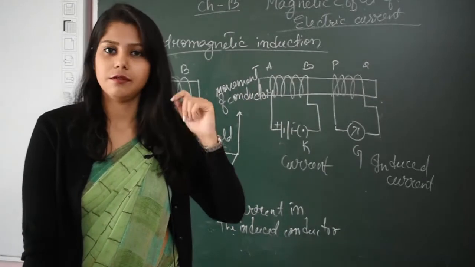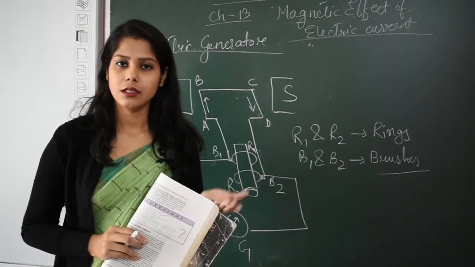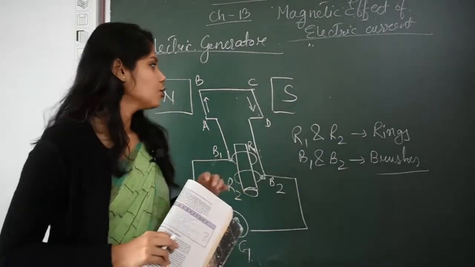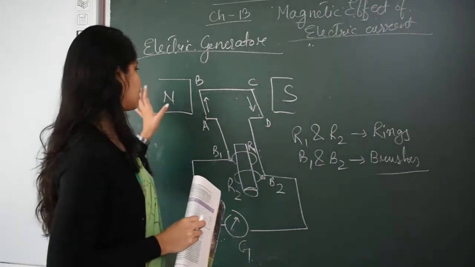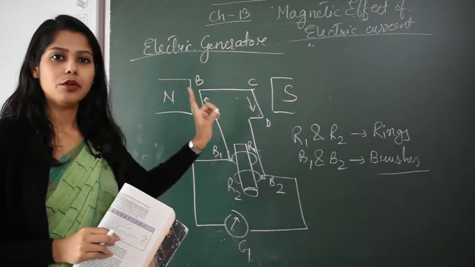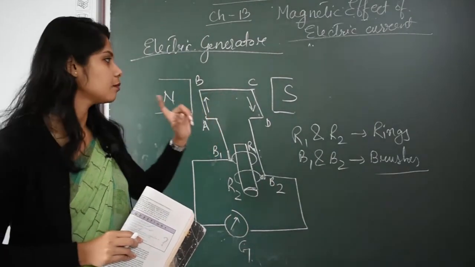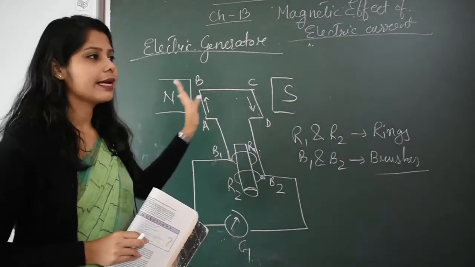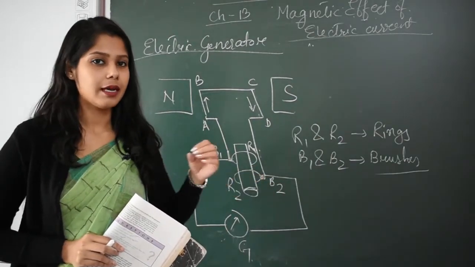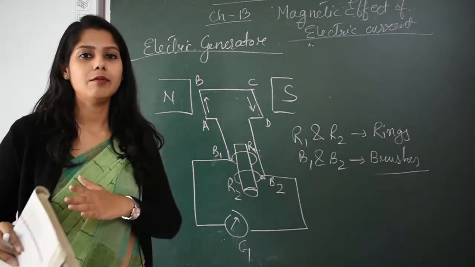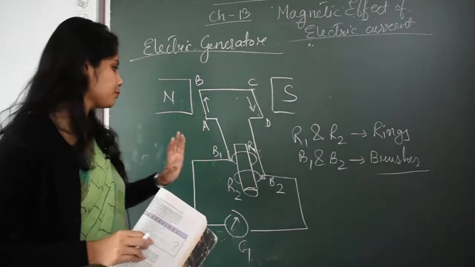Remember, motor and generator are different. Here in the electric generator, same thing, we don't need the construction, we just need the principle and the working. But before that, let us see how a generator is constructed. Remember, in a motor the magnet is an electromagnet, commercially used as an electromagnet, but in an electric generator the magnets are permanent magnets. As I already said, I am inducing electric current with the help of mechanical energy, so we cannot use electromagnets here.